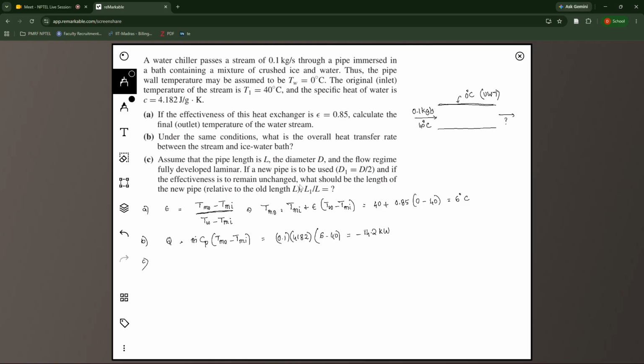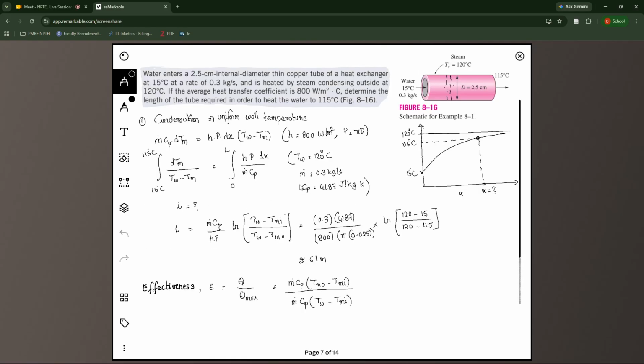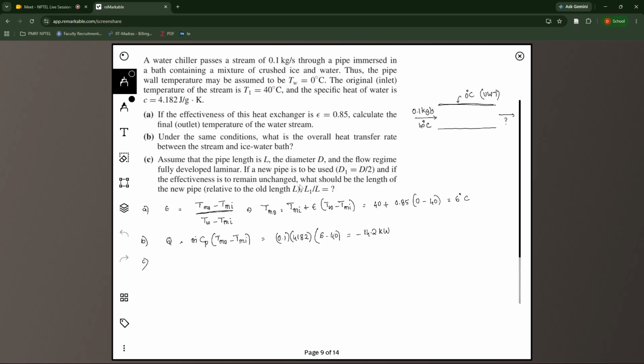So where do you start for this kind of question? We already know one relation from before, where we established the temperature difference, which I derived a little while back. It is this particular relation where the length is related to the temperature difference in the logarithmic mean temperature. So we can use that concept here, from which we already know that the wall temperature minus, in this case the other way around, the mean temperature at the outlet minus the wall temperature, divided by the mean temperature at the inlet minus the wall temperature, is given by